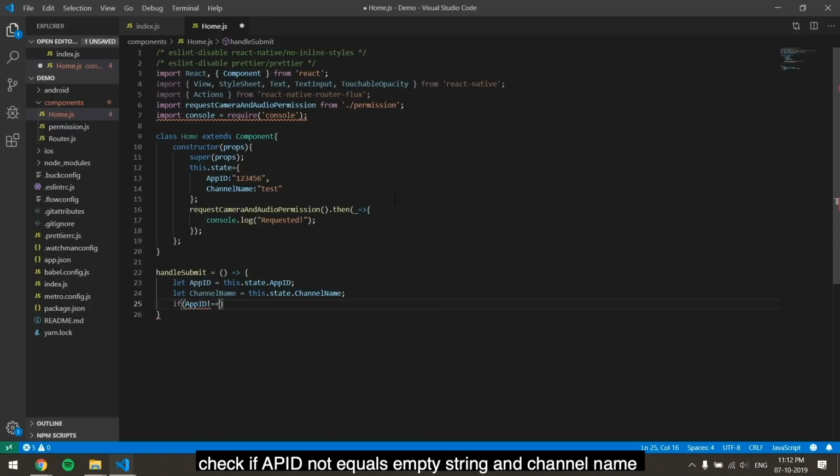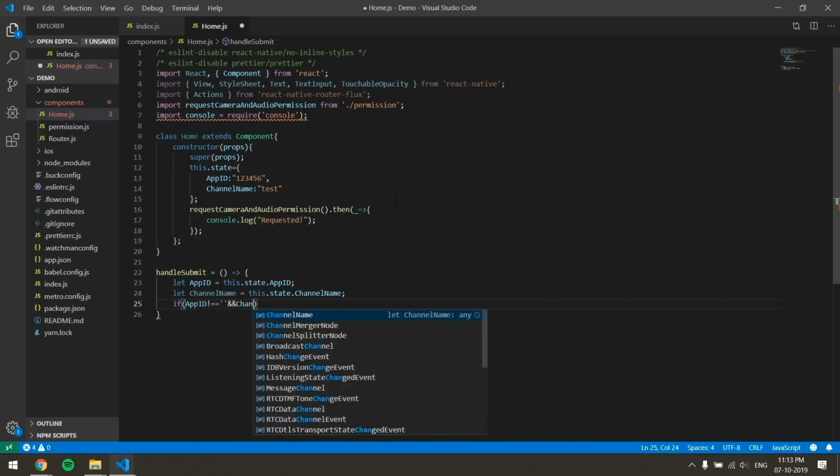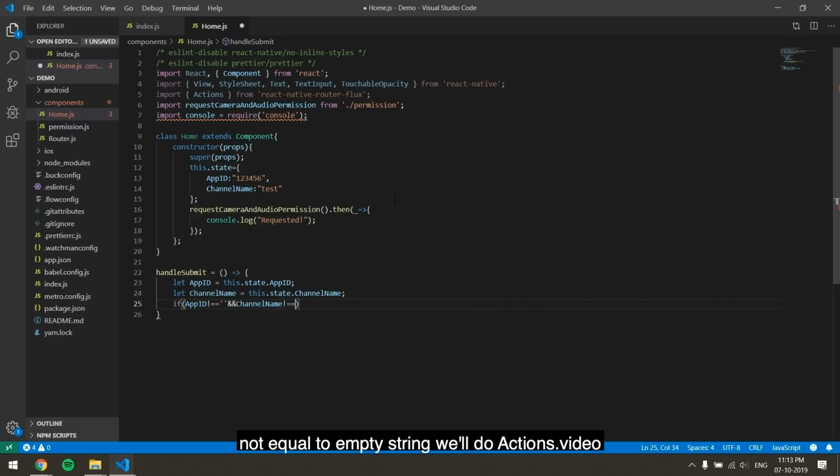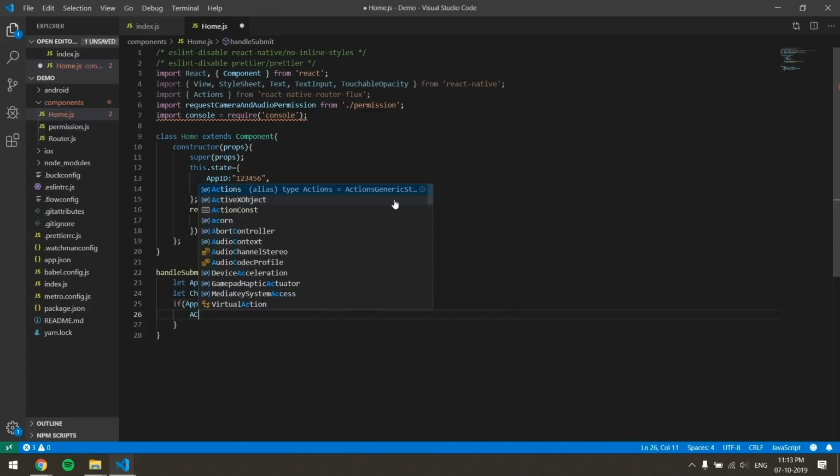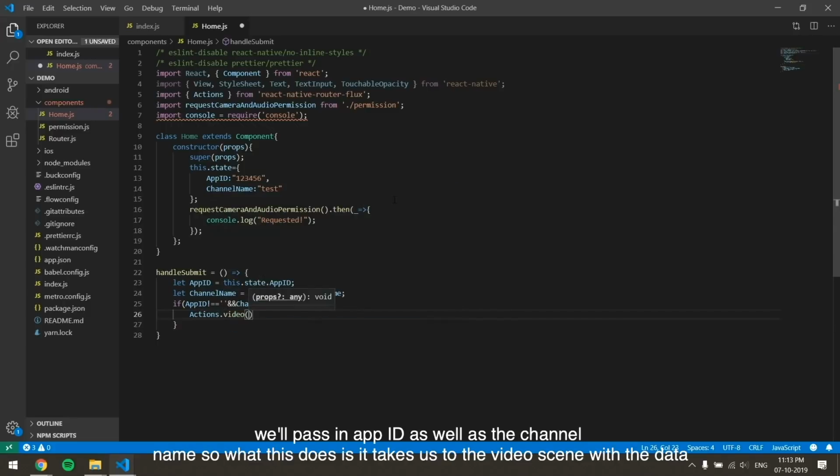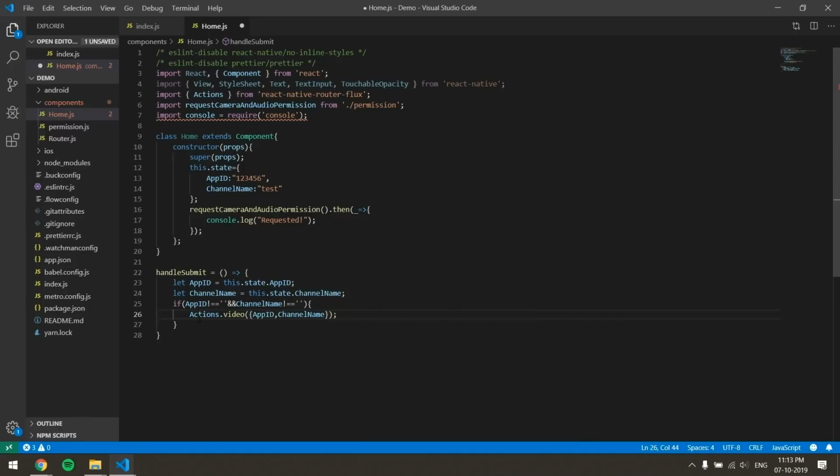We'll check if app ID not equals empty string and channel name not equal to empty string. We'll do actions.video. And we'll pass in app ID as well as the channel name. So what this does is it takes us to the video scene, but the data